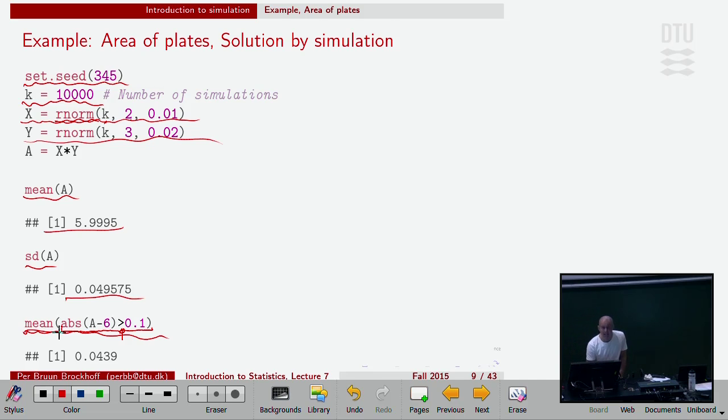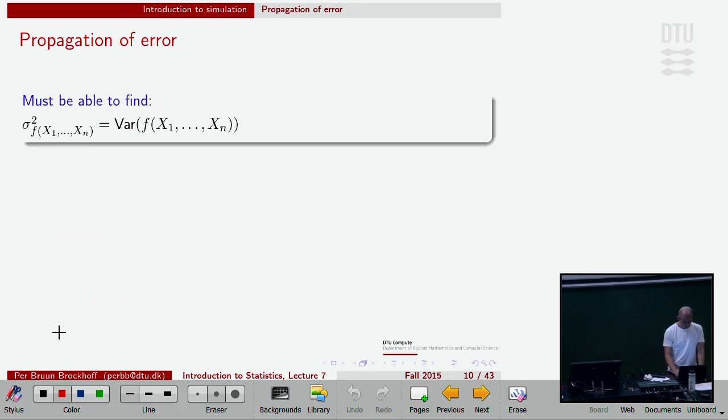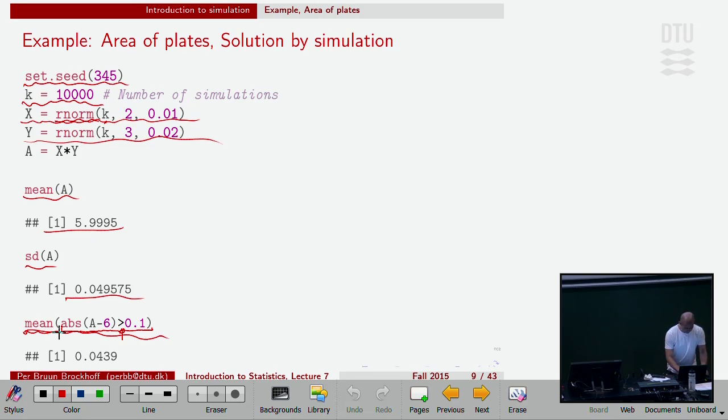So by taking the mean of those 10,000 0s and 1s, I get the proportion of 1s, right? I simply count the number of 1s divided by 10,000. That's another way to say it. Number of 1s divided by 10,000, that is 4.4%. So that's the probability of getting this result. Then we had this, let me see. Yeah, then we had this